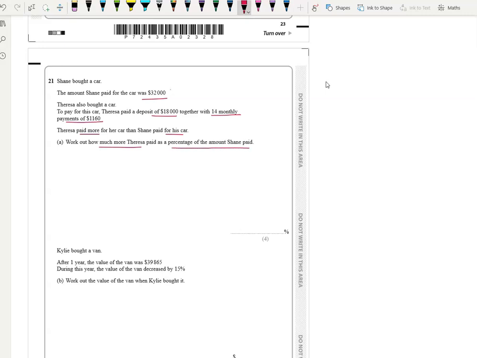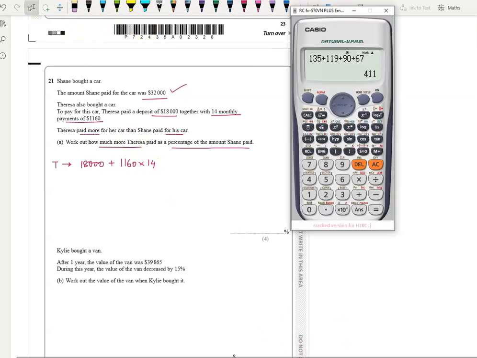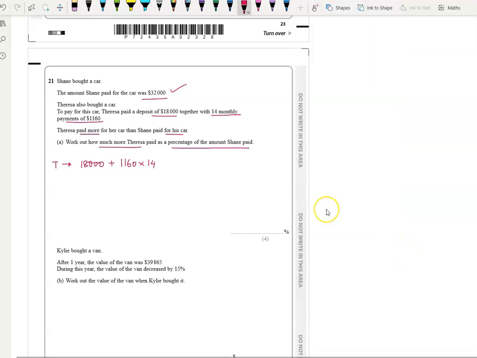So we know Shane paid $32,000. Let's work out how much Teresa paid. Teresa paid an initial deposit of $18,000 plus she is paying 14 monthly installments of $1,160. So she paid $1,160 for 14 months. So we'll find the total money she paid altogether. So the deposit 18,000 plus the 14 installments of 1,160. So altogether she paid $34,240. So this is what Teresa paid,